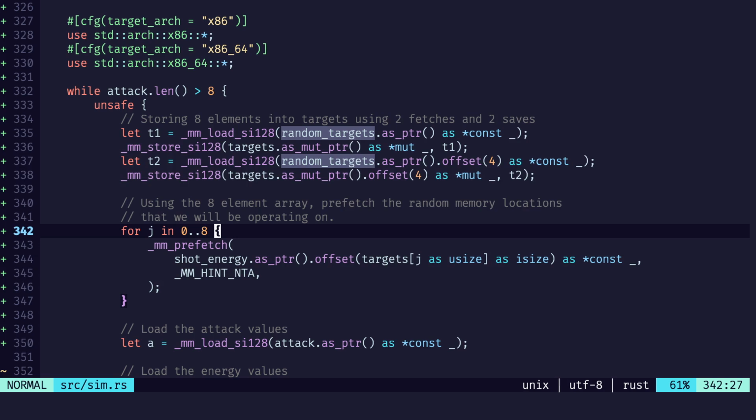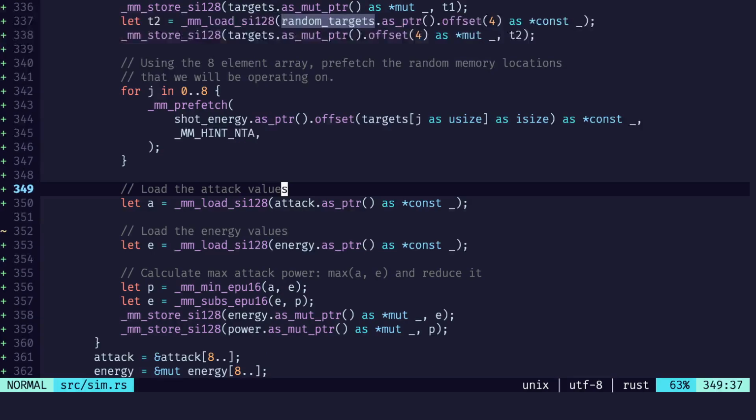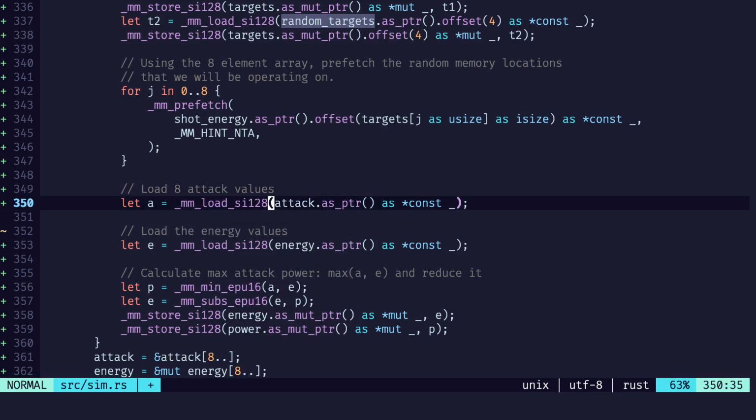Actual SIMD stuff today. Load the attack value. Load the energy value. Now load, was it 8 attack values, load 8 energy values,